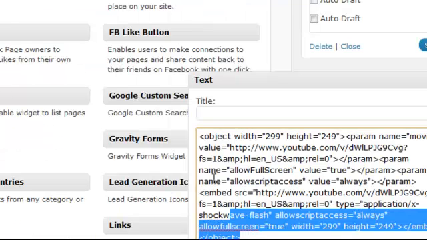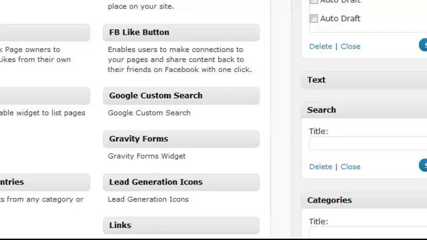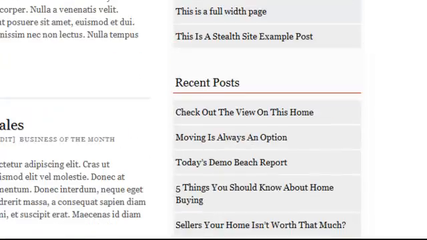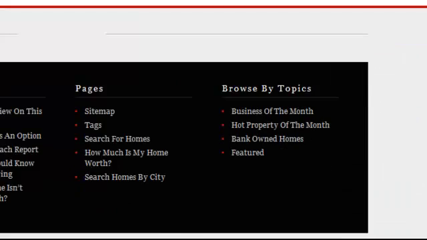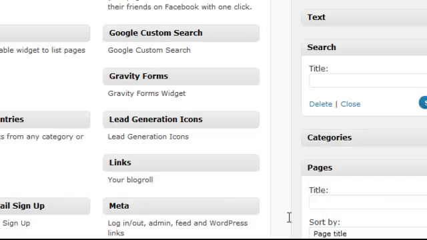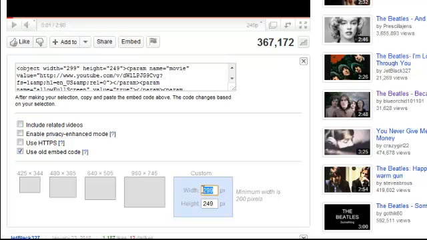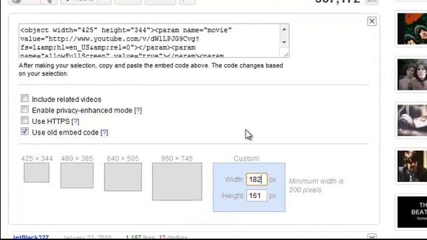But let's say you want to put this text widget into your actual footer instead. So you have your widgets here, right? Let's say you have a widget here that you want to put a video in, one of these boxes, or maybe all 4 of them videos, who knows? Well, here's what you're gonna have to do. Go to YouTube, and instead of putting 299 as the width, put 182 as the width. Alright? After clicking 182,